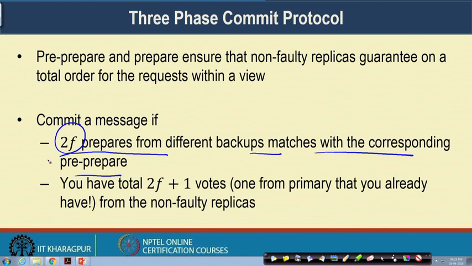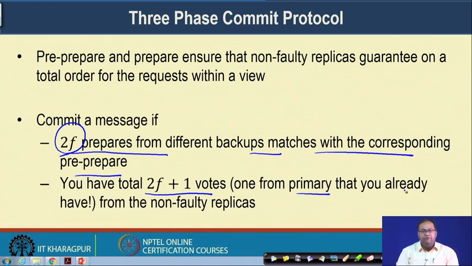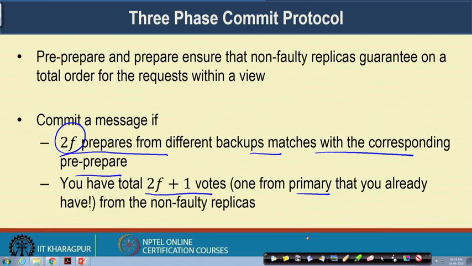So, here you have a total of 2F plus 1 votes. One vote is from the primary, which you already have, and you have got 2F votes from other replicas. So, if you remember that whenever you are waiting for this kind of vote. So, here in this context,